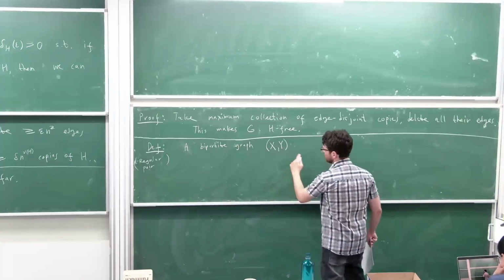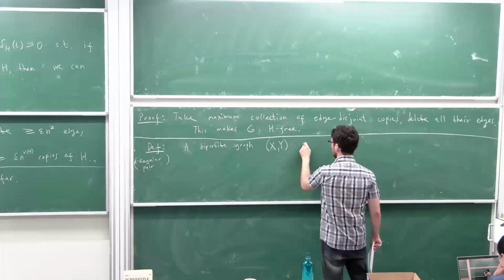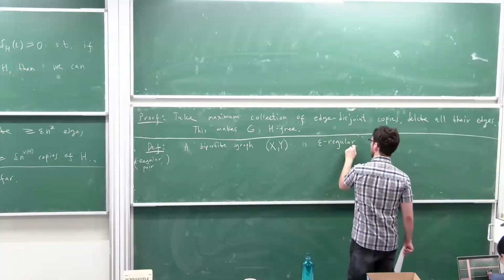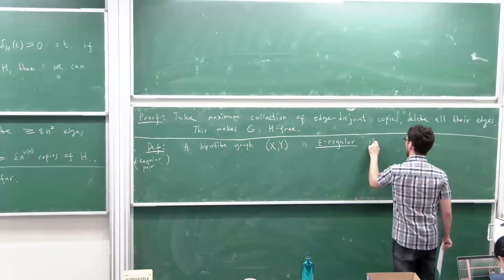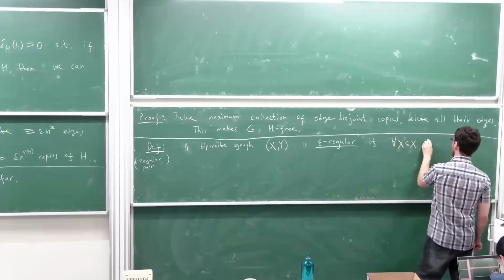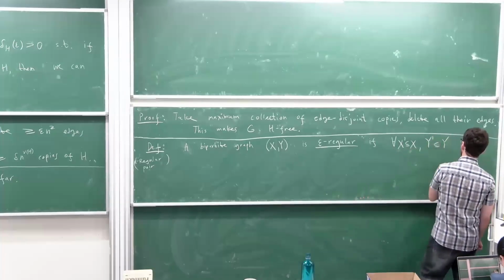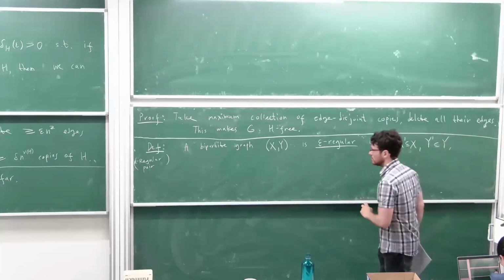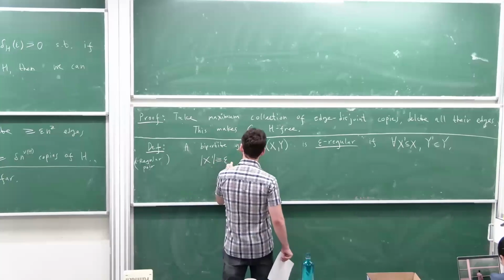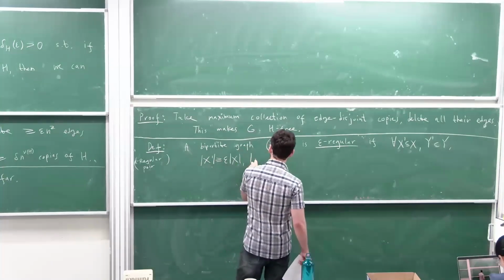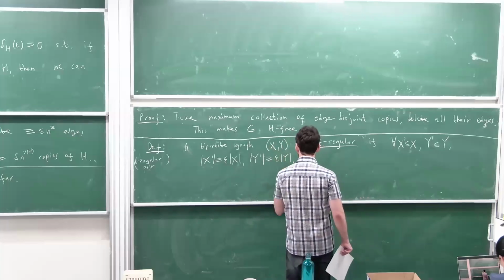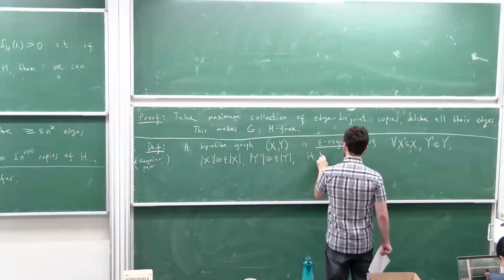That means that the parts are X, Y. It's called epsilon regular if for every X prime in X and Y prime in Y, such that X prime is at least epsilon times X, and Y prime is at least epsilon times Y, it holds that